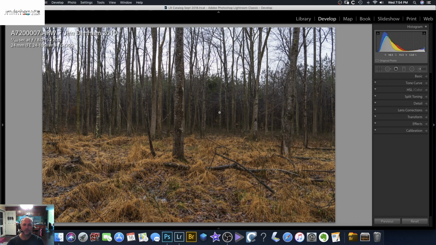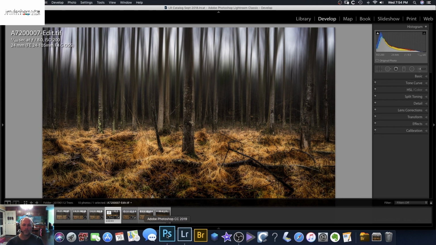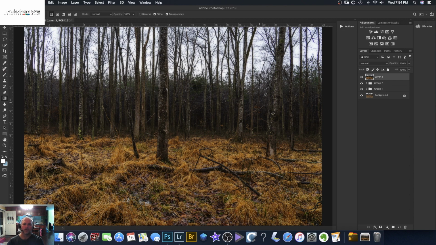That is basically this shot right here, where we've blurred the top and used it with this grass in the bottom. So what I've done here is I've loaded the image into Photoshop, and